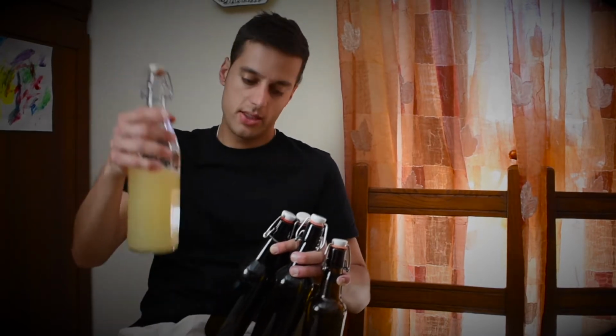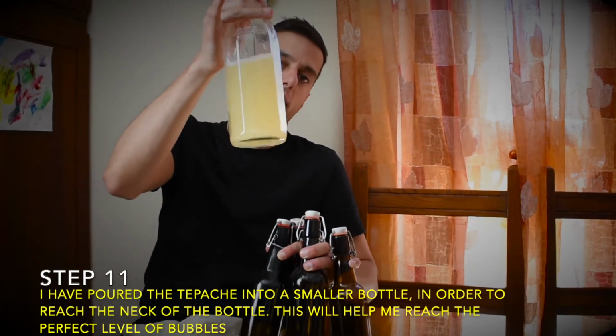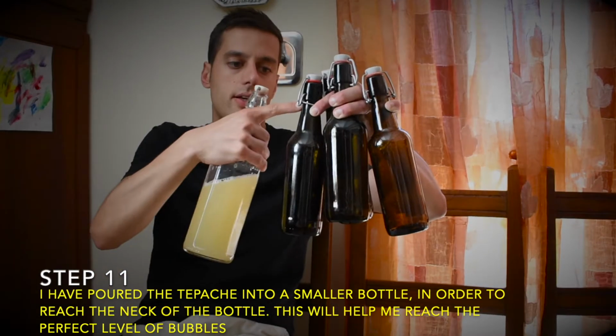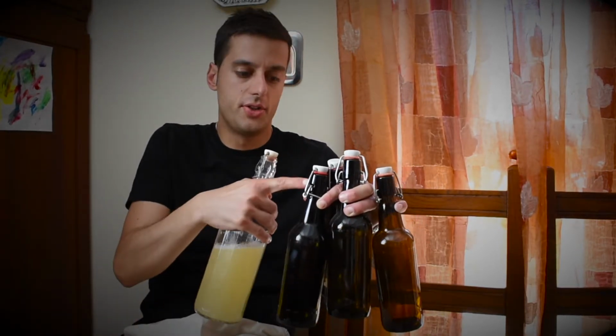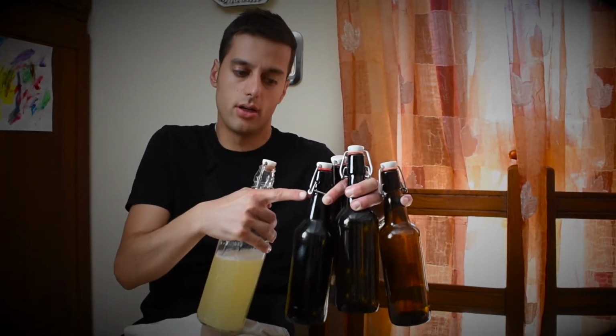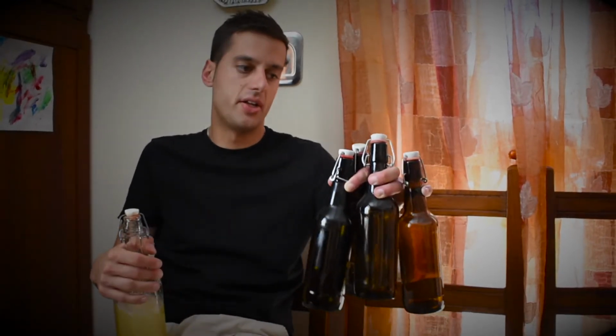But now, to allow the perfect fermentation, liquid must be until the neck of the bottle. So we will just pour from here to here, and the liquid will reach here, and just once they are in the fridge, they don't have any more oxygen here on the top. Liquid will be until the very top of the bottle, and that will allow the bubbles to grow and to be more efficient and